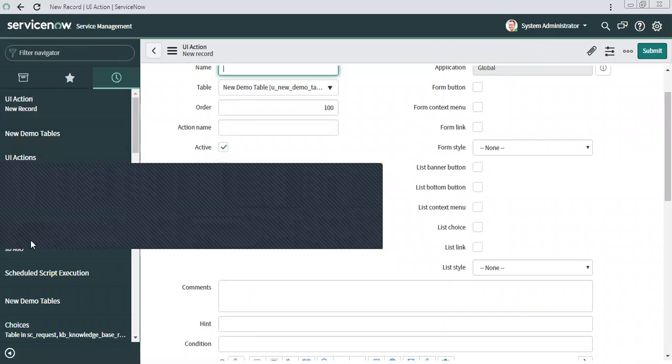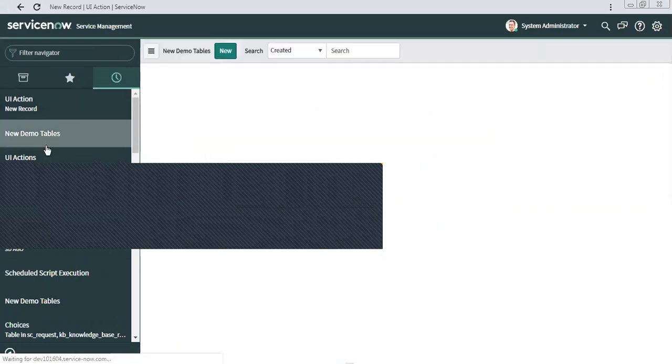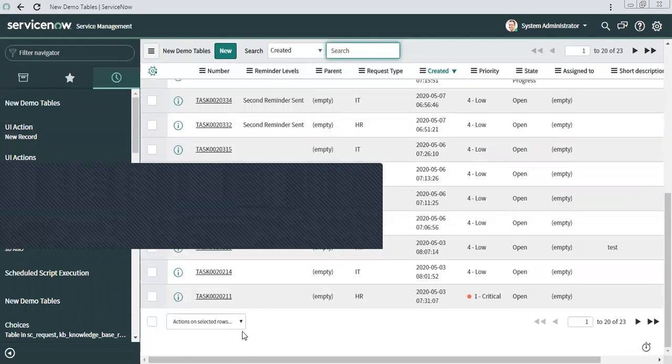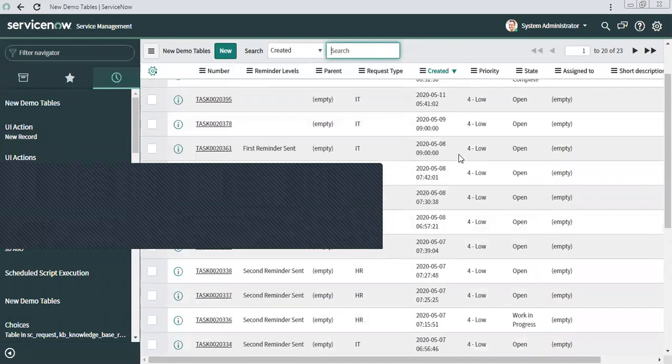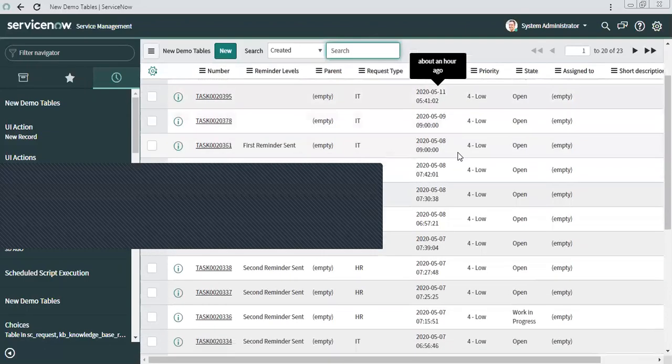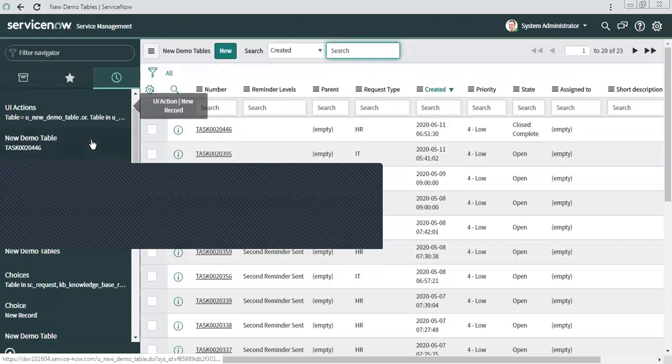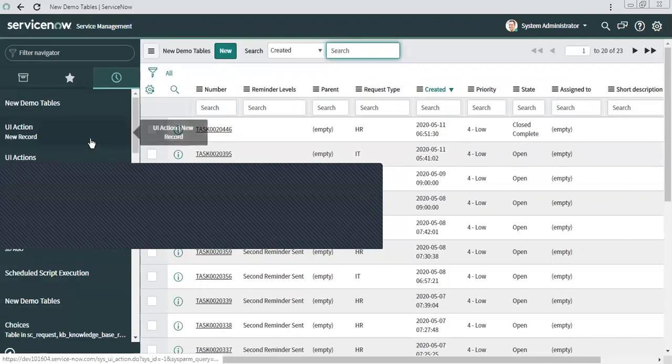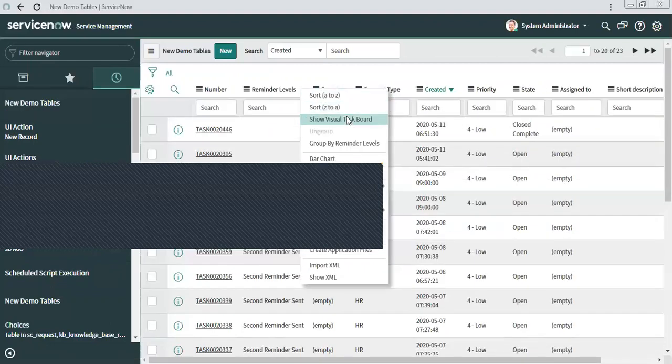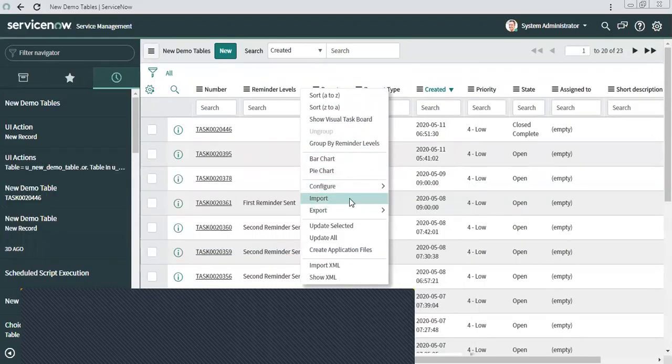Similarly, as on the form, you can create links on the list view. Here you can get some links. Depending upon your client's requirement, where exactly they want to see this particular UI action, you can put it in different places. That's the flexibility ServiceNow has provided.